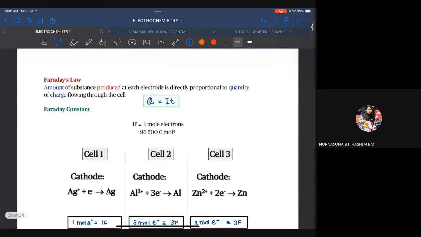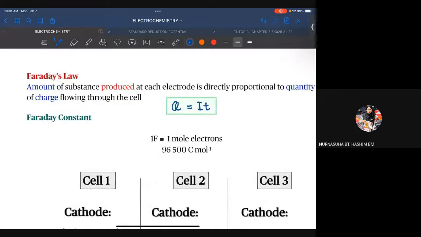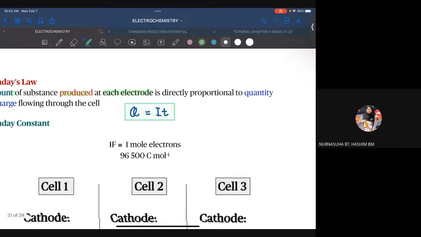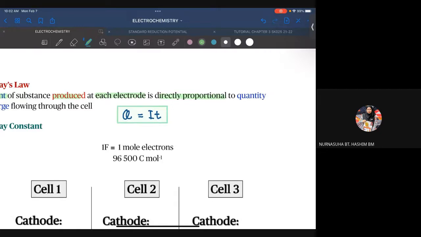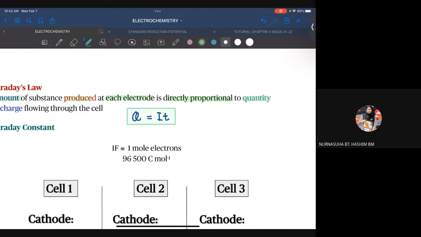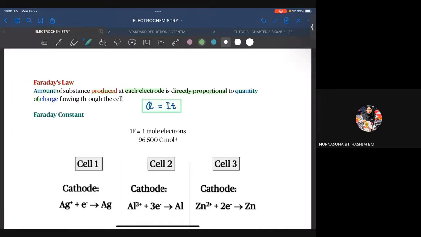Okay, Faraday law. So what is Faraday law? So Faraday said that amount of substance produced at each of the electrode is directly proportional to the quantity of charge flowing through the cell. So maksud dia apa kat sini? So maksudnya